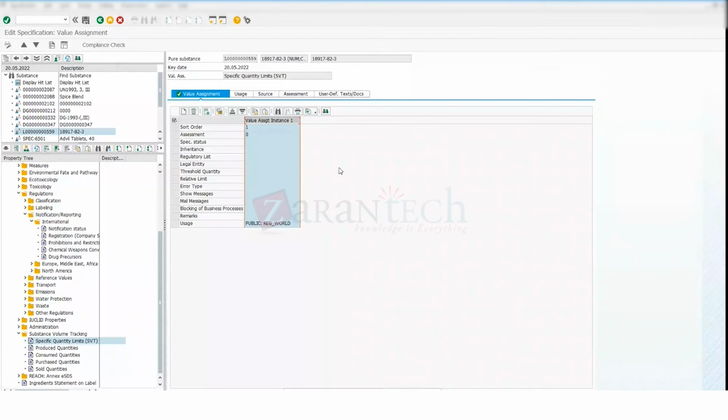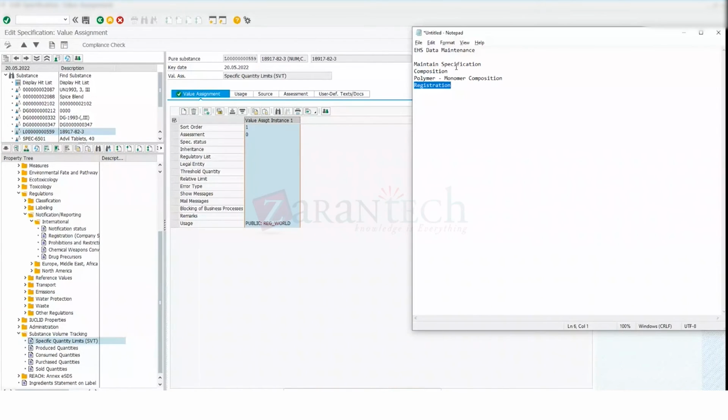So this all comes under the first step, EHS data maintenance. CG02, inside your specifications, you maintain all the stuff, and finally quantity limits. Okay, that is the first step. Second step is filling. Filling means